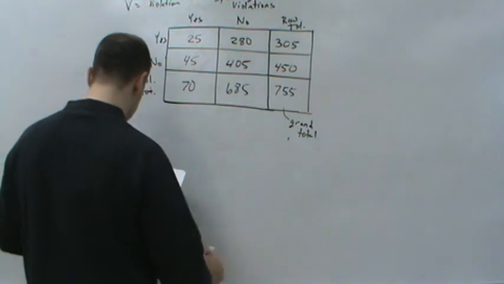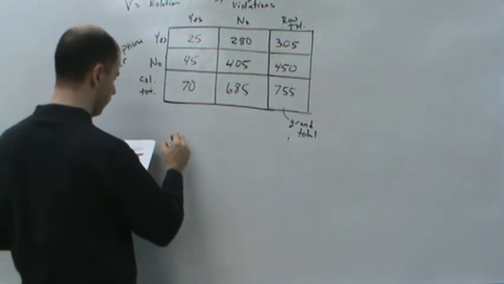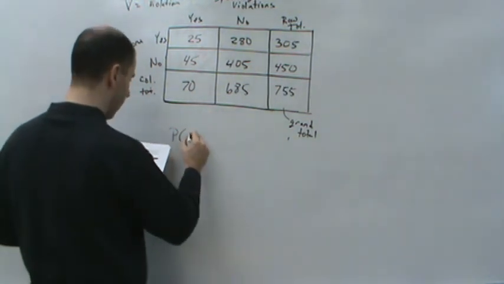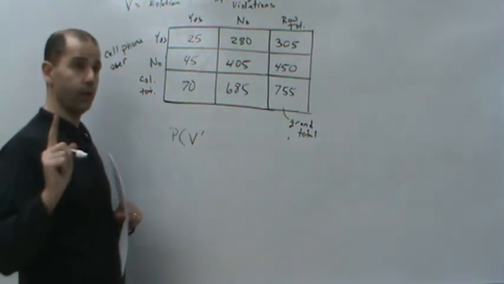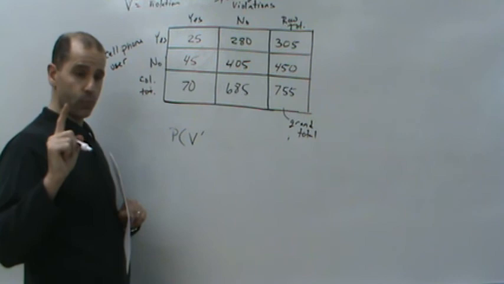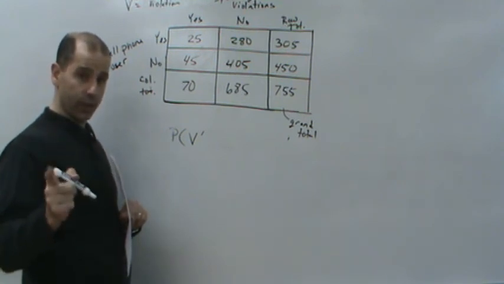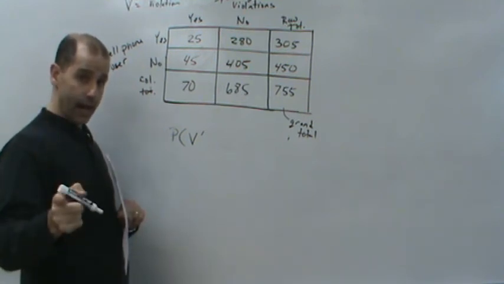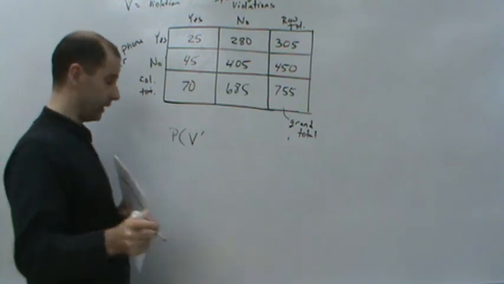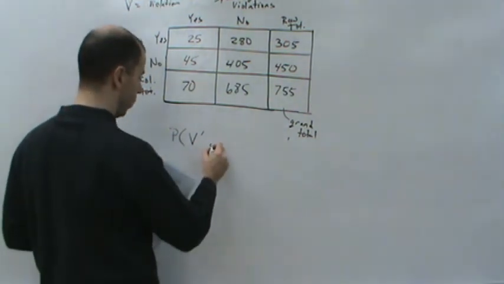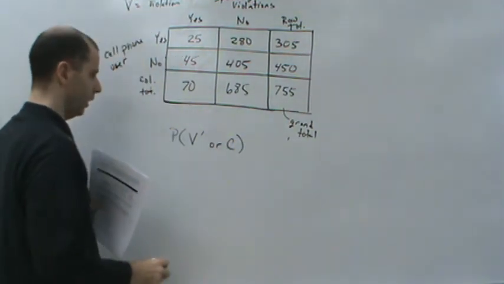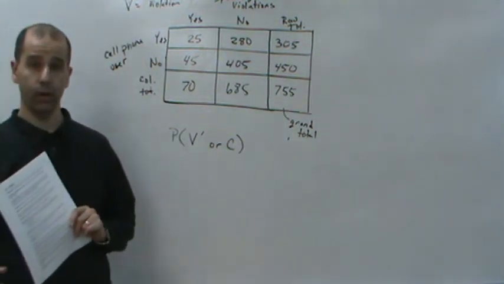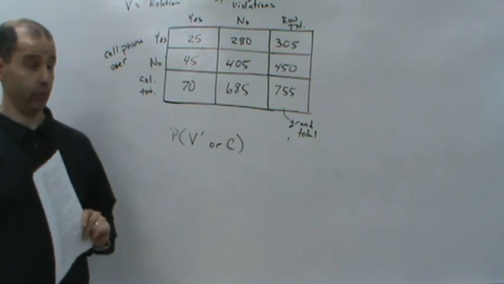So now the next question is, what's the probability of randomly selecting an individual and that they don't get a speeding violation in the past year, or they're a cell phone user? Okay. Well, now this is either or, right? Or both, right? So,